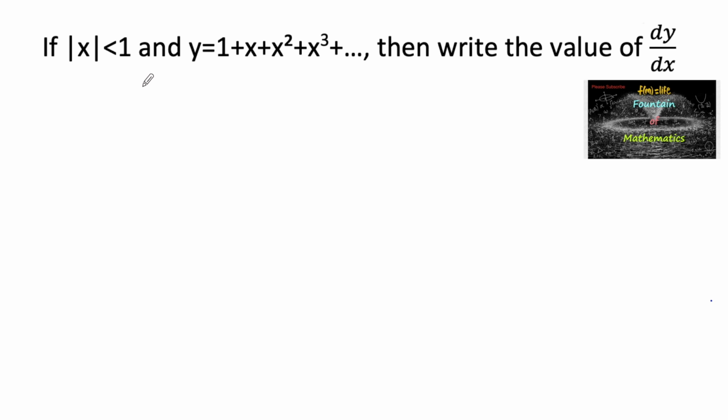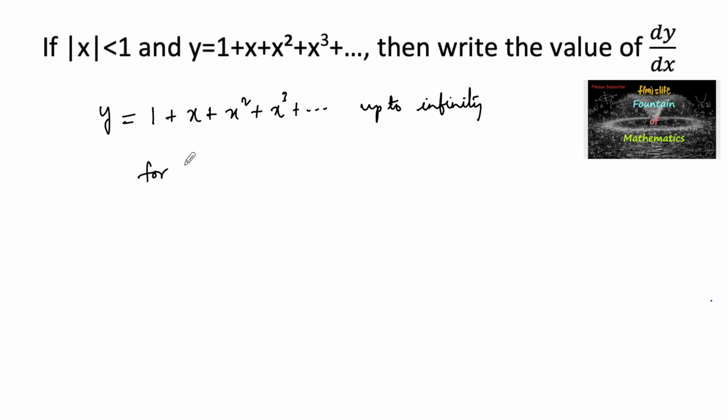If mod x less than 1 and y is equal to 1 plus x plus x square plus x power 3 and so on up to infinity, then write the value of dy by dx. Since for mod x less than 1, so y is equal to 1 plus x plus x square and so on is nothing but a geometric progression and it's a sum to infinity. We know sum to infinity